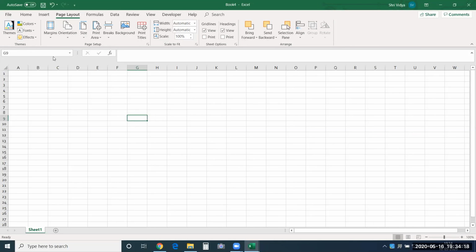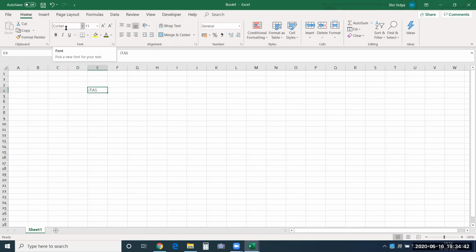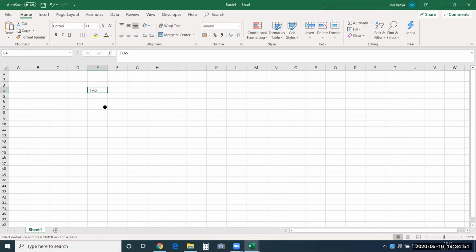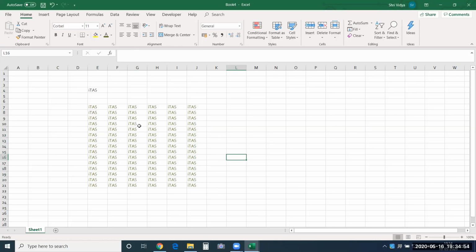So if you choose a different theme, you can see here the color palette, the fonts, the effects, everything will change here based on the theme you have selected. Now, suppose let me show you how exactly the data will look over here. So I'll type the same over here and let me show you. It uses a different font over here. Now if I copy this data and paste it over there, you can see the font, its color, everything is changing because the color palette would have changed here.